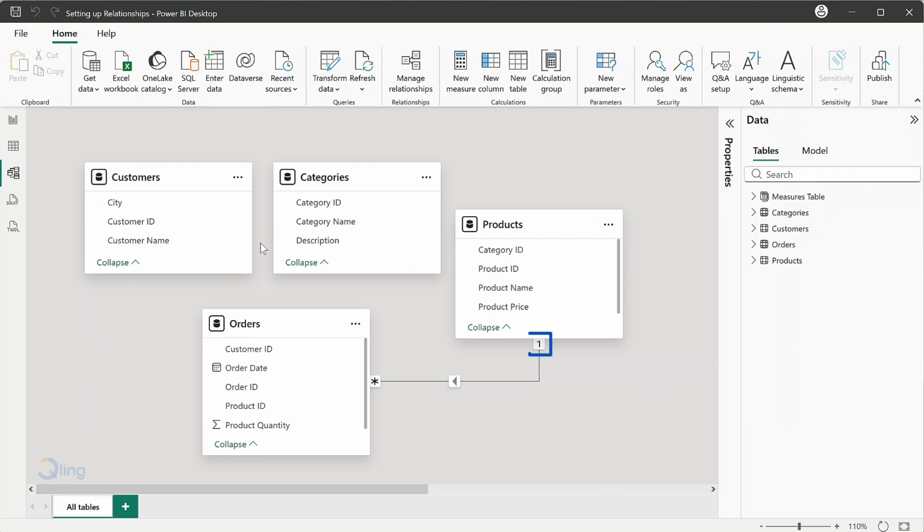You will see a 1 next to the products table and a star next to the orders table. This means that one product ID from the products table, represented by the 1, can appear multiple times in the orders table, represented by a star. We read it as a one-to-many relationship or a many-to-one relationship based on which table you refer to first. If we double click on the relationship line,